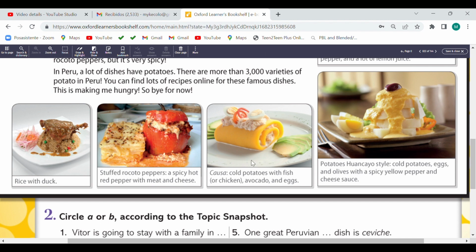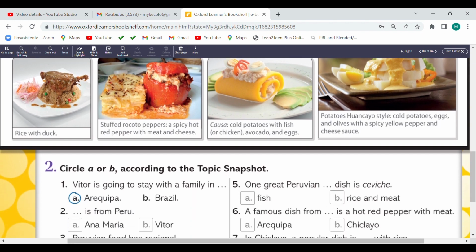And you can see a causa, called potatoes with fish or chicken, avocado, and eggs. And the last picture, you see potatoes Huancayo style, called potatoes, eggs, and olives with a spicy yellow pepper and cheese sauce. Okay.